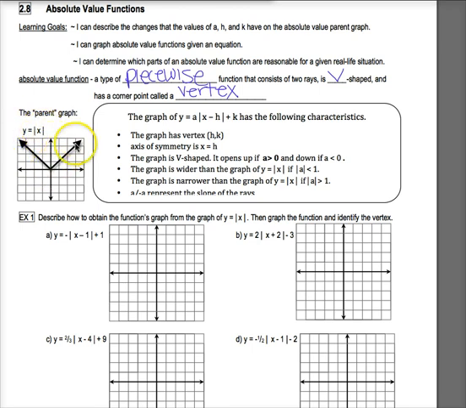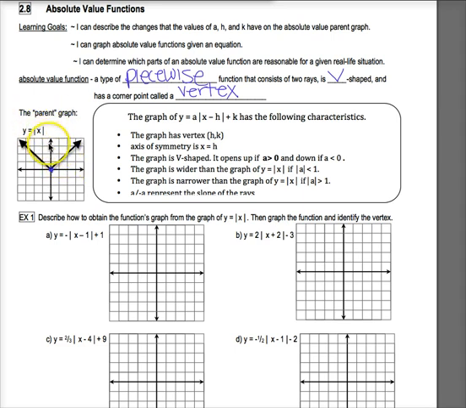And here is what this graph looks like. It has a vertex at the origin. It has slopes on its rays of 1 and -1. So the reason why this is the simplest is because there's no added or subtracted or multiplied numbers to go